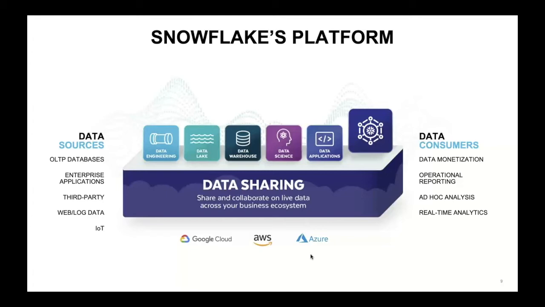So before we deep dive into a little bit more of the technical capabilities of data sharing and really what this feature enables, it's important to step back and understand what the Snowflake Data Cloud platform is really enabling and how it fits into your organization's data stack. Right? Data sharing is just one piece of the 6 workload puzzle that Snowflake's platform enables. As you can see on the slide, we have 6 key workloads, data warehousing just being one of the 6, despite Snowflake's origins in being a cloud-native data warehouse that the platform truly enables.